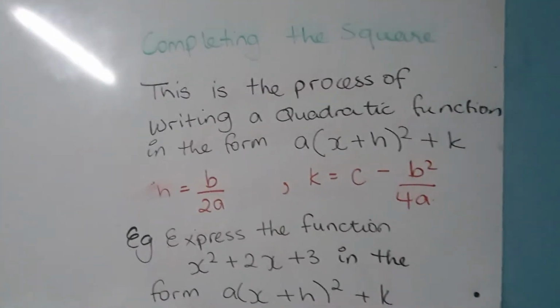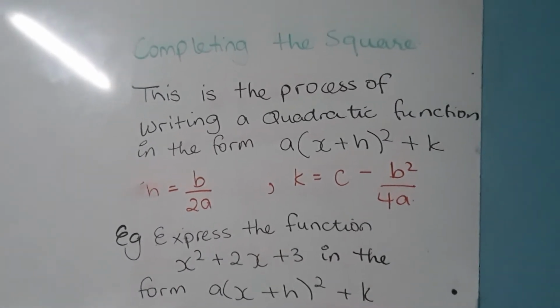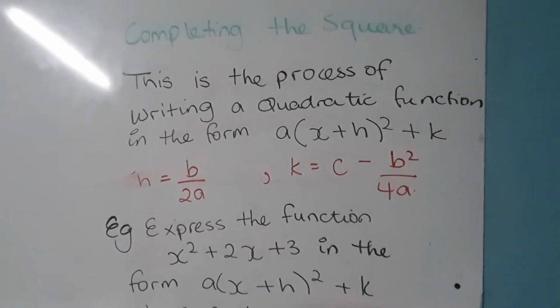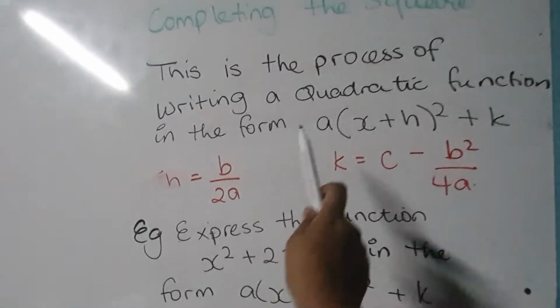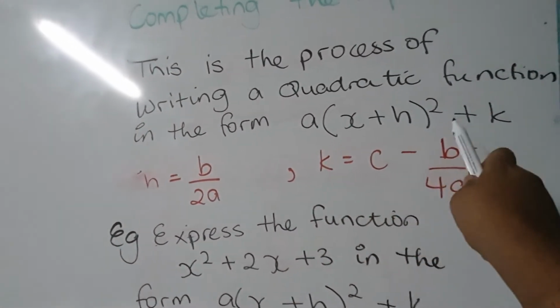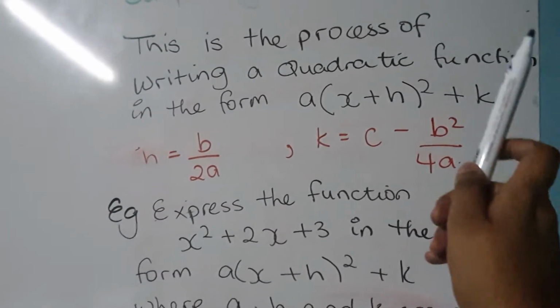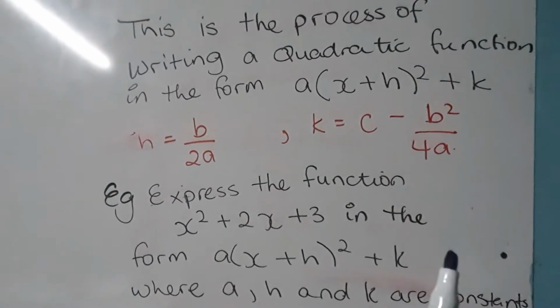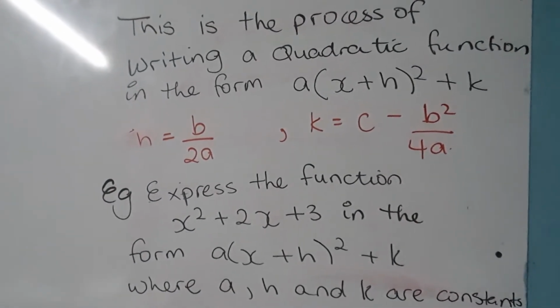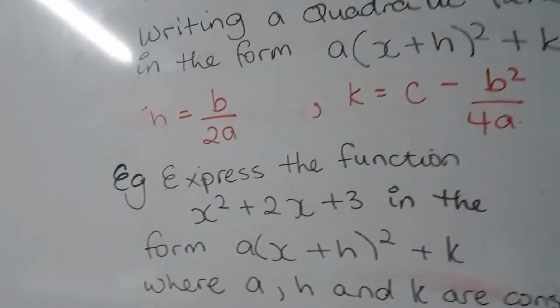Okay, so today what we're going to look at is completing the square, which basically is the process of taking a quadratic function and writing it in the form a(x + h)² + k, where a, h, and k are constants, right? Now we have a little formula that will help us to move from the general quadratic form to this form, right? So the little shortcut is